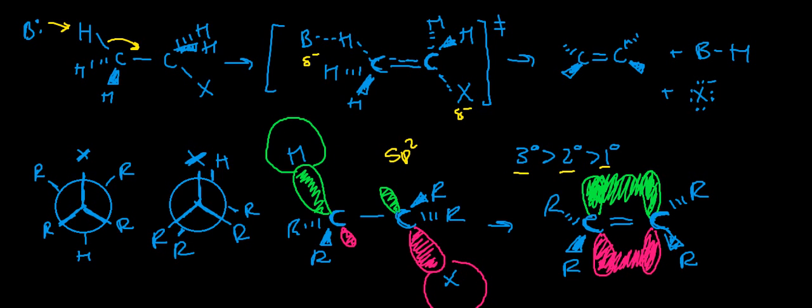As well, I should probably draw a base over here. As the base comes in and begins to break this bond and start attracting the hydrogen to itself, this bond's going to start breaking, but this p orbital will begin to form. And what they're going to need to do is eventually overlap like this. And if they're turned on their side and the X is over here, or something like that, then that can't happen. So it's required that it be in this one, which I drew, which is the lower energy one,